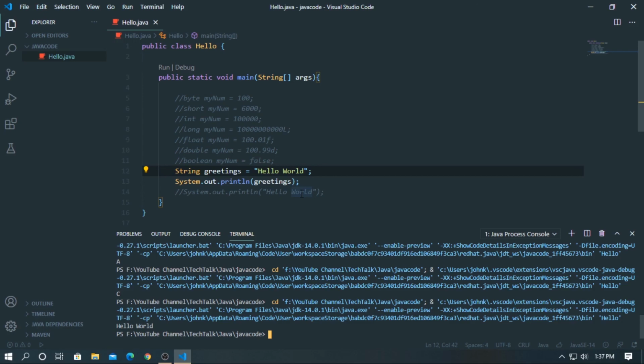A primitive type always has a value, while non-primitive types can be null. A primitive type starts with a lowercase letter, while a non-primitive type starts with an uppercase letter. The size of a primitive type depends on the data type, while non-primitive types all have the same size. Non-primitive types are strings, arrays, classes, interfaces, etc. We will learn more about this in a later chapter.